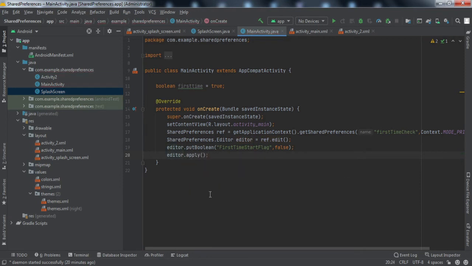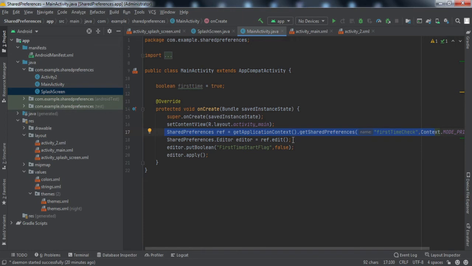Guys, that was the remaining code. We are done with the backend code. What I've done is I've just made a reference variable, a boolean type reference variable, and set the initial value as true. Then we have done a similar thing. We just refer to the same shared preferences, right? Calling the same method. I've just copied it.